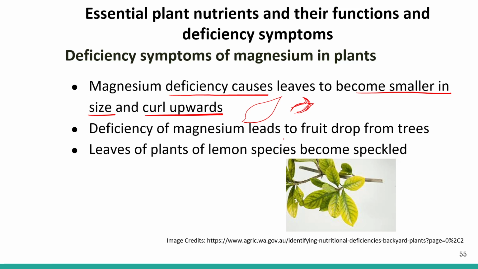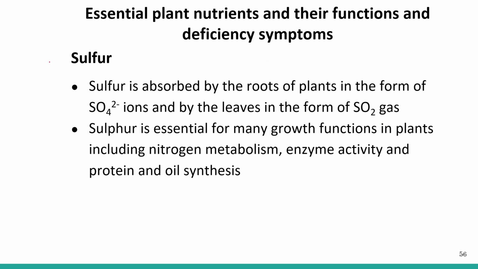Deficiency of magnesium leads to fruit drop from the trees. So there is a loss of production. Leaves of plants of the lemon species become speckled. So it also affects the lemon species. Next important